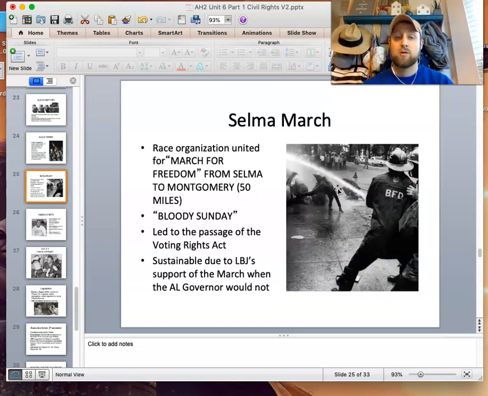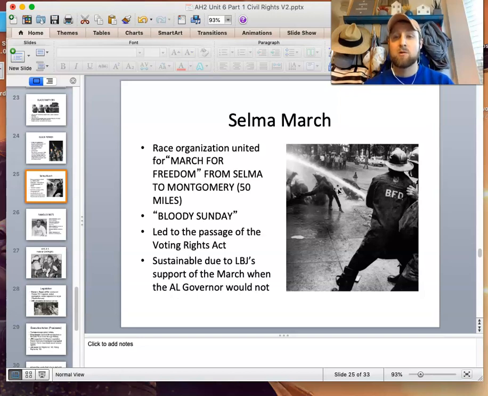The Selma March. The Selma March was to march for the Voting Rights Act. So there's two different acts we're going to talk about next in 6.3, the Voting Rights Act and the Civil Rights Act. The Voting Rights Act was to ban things like literacy tests and poll taxes that kept people from voting. African Americans in the South, they were unreasonable. You would have to make 100% on these tests. It wasn't making a 59.5 and you could vote. Had very subjective written essays. If one word was misspelled, African Americans couldn't vote.